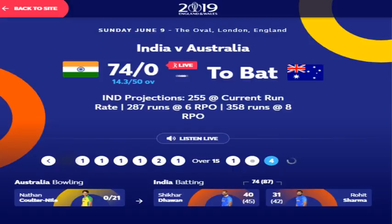Diamond lights, if he'd have followed through with it, it might have gone to hand. Yeah, might have gone to the man at long leg. Four runs there for Dhawan, as here's Coulter-Nile, and this time on